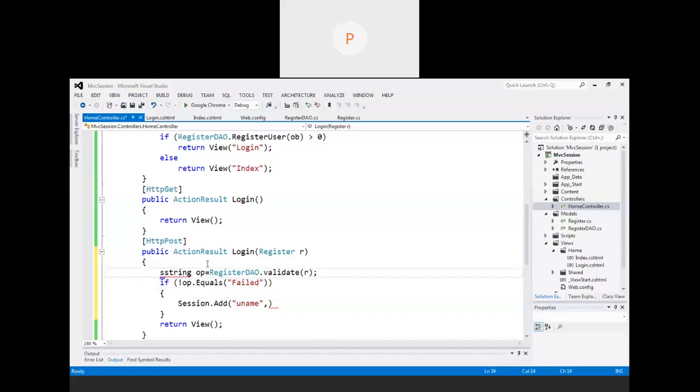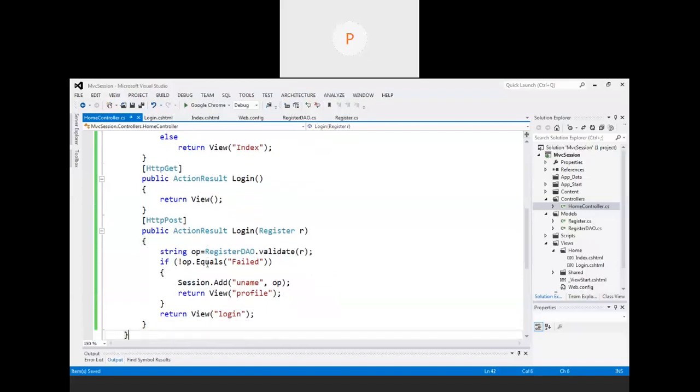So if other than failed that value is returned, then we will say Session.Add uname comma op, that output value. And return to which view page? Say profile. You can create any other page, that can be a home page also. Else we will redirect again to which page, that is login. Done. Only this much code we have to write.